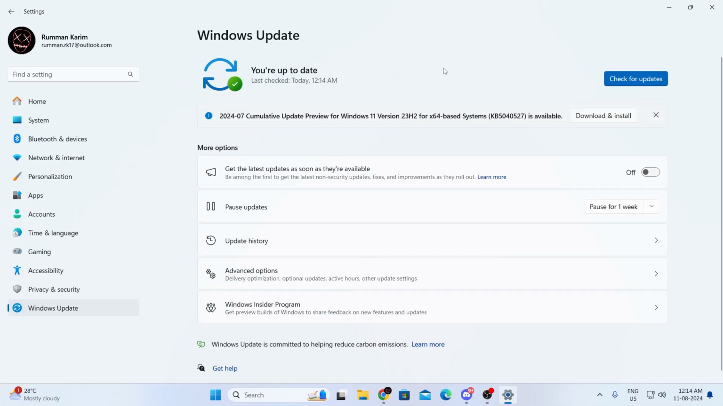And after the check has been done, you'll find Windows 11 version 23H2 ready to be downloaded and installed for your system. Now the update is about 5 GB, so it will take a while to download and install. So what you need to do is just click here on download and install, and it will automatically install the update for you. And that is how to get Windows 11 23H2 update on Windows 11 laptop or desktop